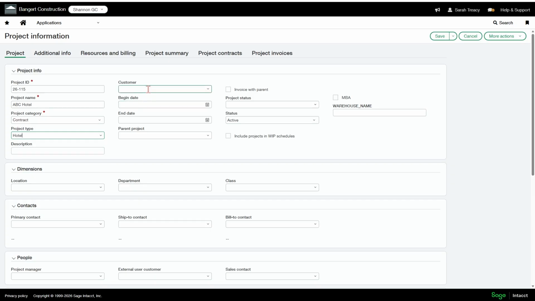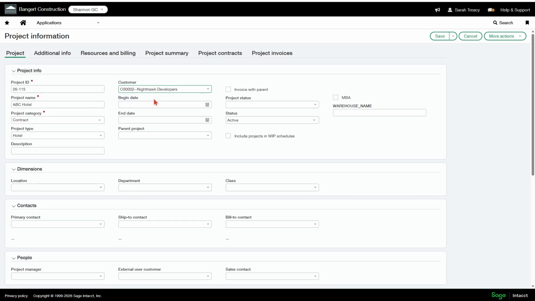Customer is required if you want to bill against this project. So I'm going to select Nighthawk Developers here. It's also important that when you're selecting the customer, this is not something that you're going to want to change down the line, because once you have your project set up, everything's going to be linked to this customer that you set up here. So your project contract lines, your estimate lines, all of that information is going to be linked to this particular customer.